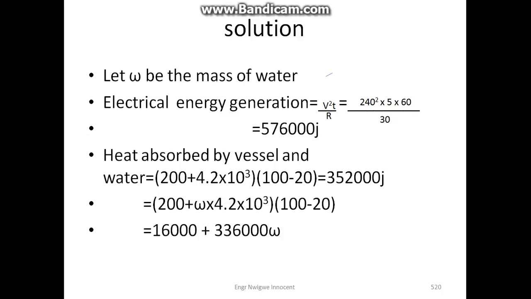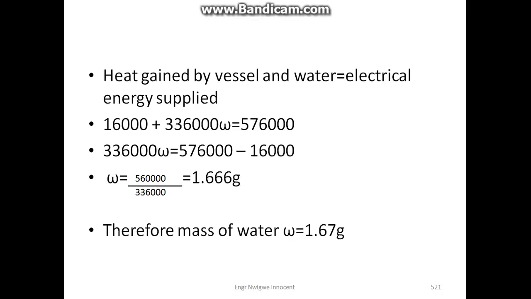(200 plus W times 4.2 times 10 raised to the power 3) in bracket (100 minus 20) is equal to 16,000 plus 336,000 W. Heat gained by vessel and water is equal to electrical energy supplied. 16,000 plus 336,000 W is equal to